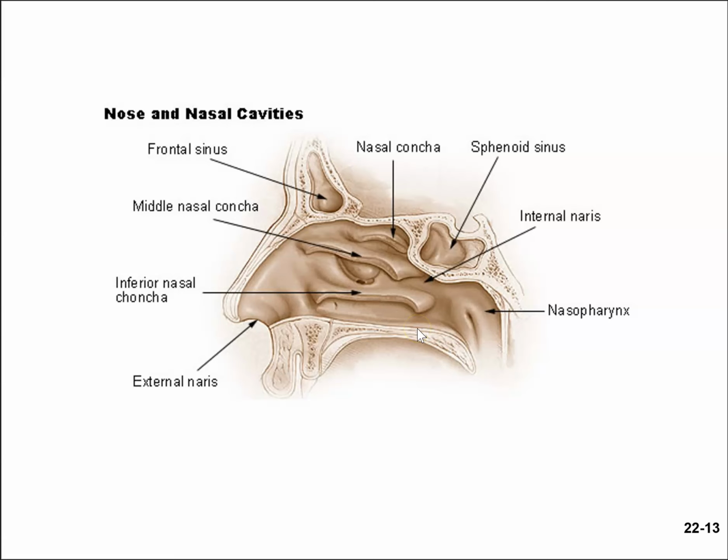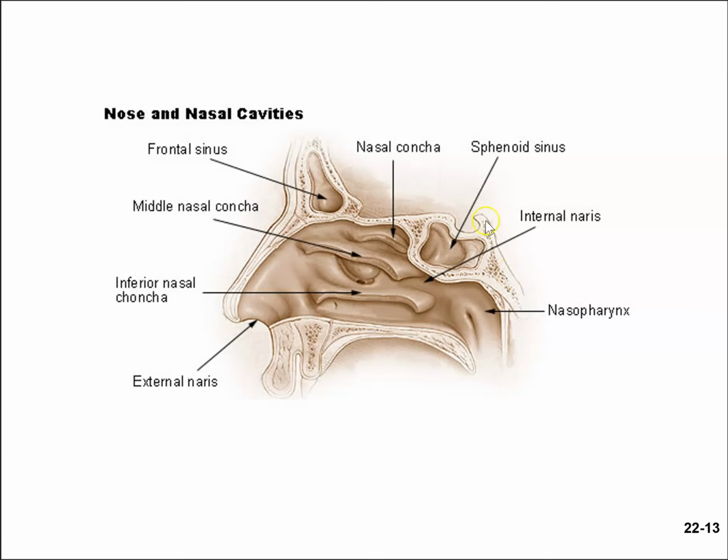So the air exits the nasal cavity via the internal nares, and it moves up into the pharynx. So this particular region of the nose is the first region to receive the air. So there are several bones that help in formation of the nasal cavity. It also consists of a bunch of